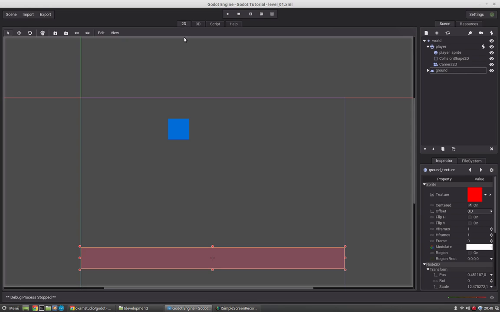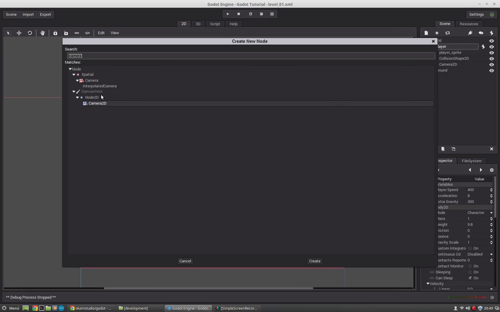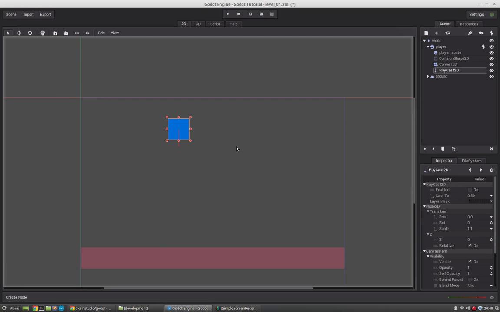So what we will do now, we will cast the ray downwards, and if that ray hits the ground, it will say, hey, you are on the ground, you can jump. So therefore we select the player again and type in Raycast 2D. So you see there's the Raycast. We have to make sure that we enable it,